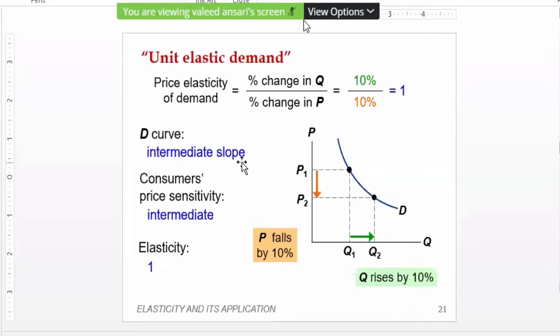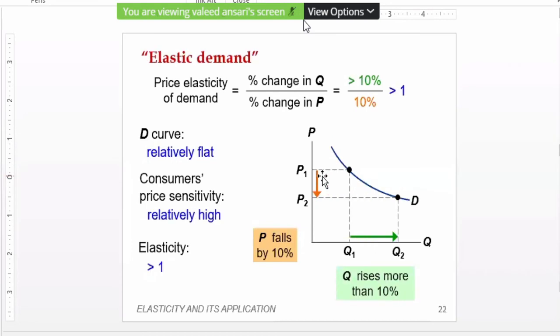Now a special case may be where the percentage change in quantity and in price is exactly similar. It is by design that the rectangular hyperbola is made so that the total area will be the same. The percentage change in quantity demanded is the same as that in price, so the coefficient will be 1. This area, change in P into Q, will be the same. That is, the revenue will not change. So it is a case of unitary elasticity.